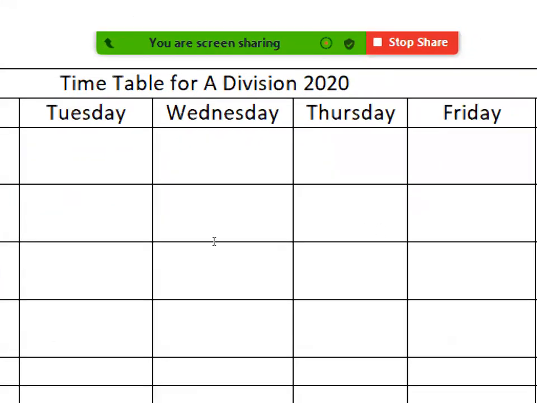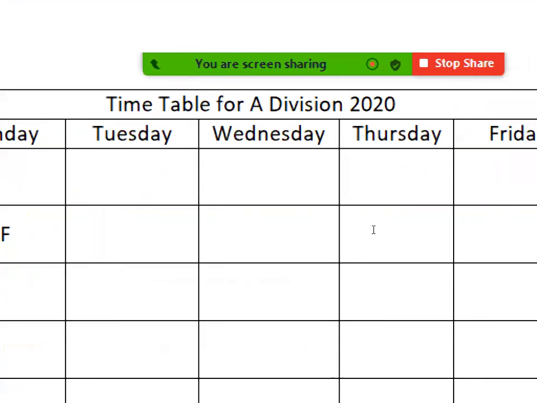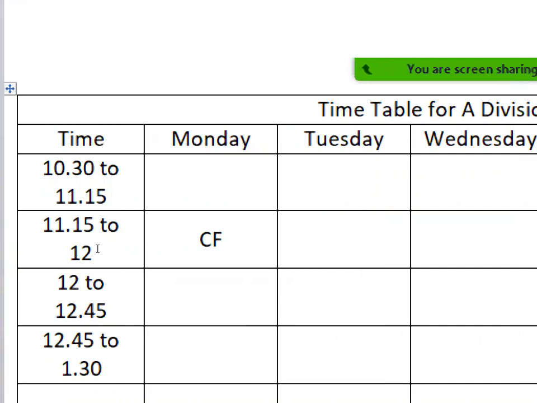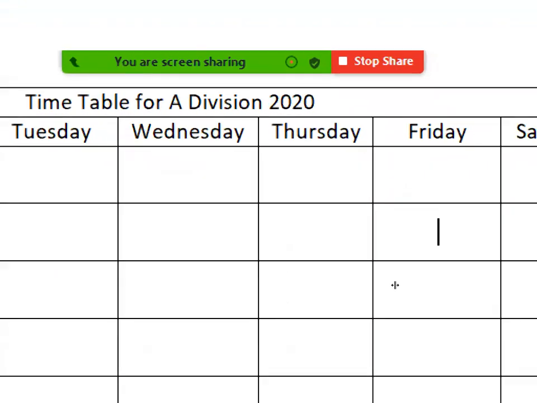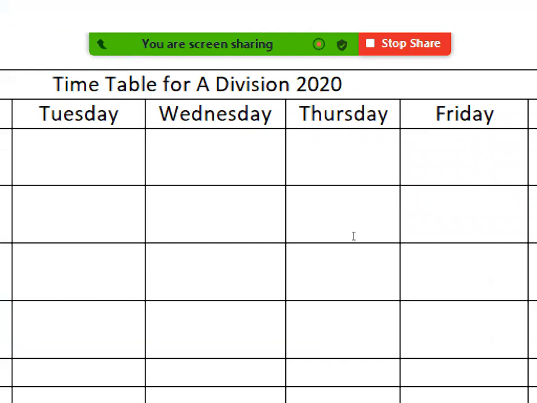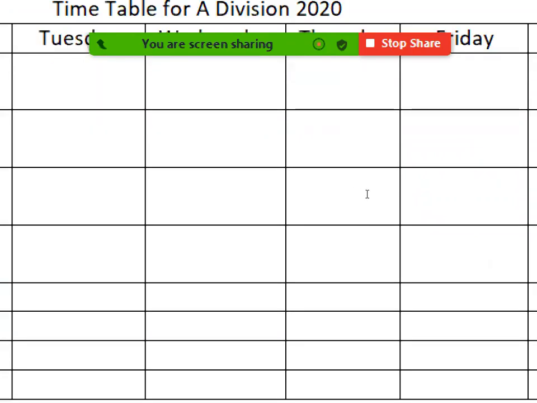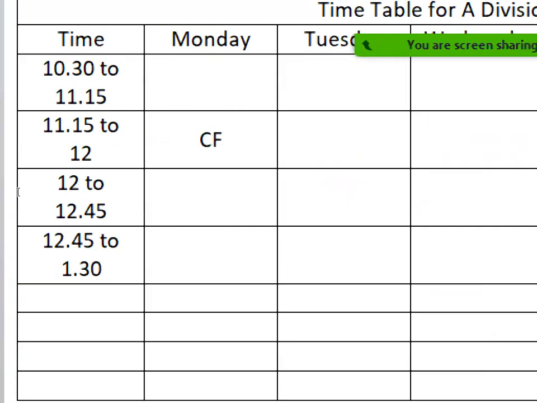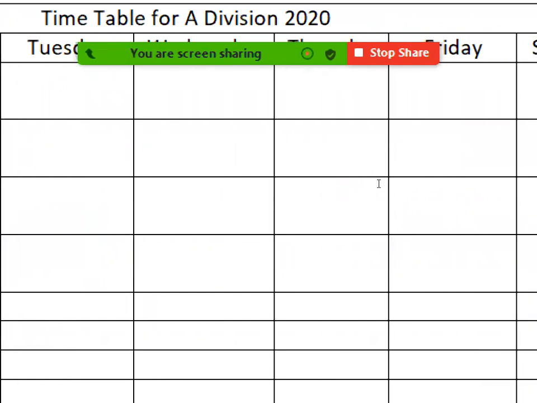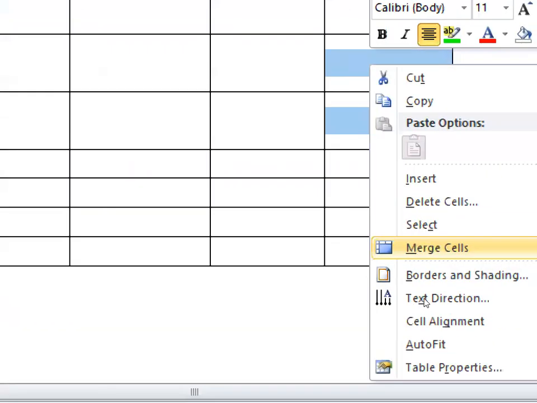Now on Thursday or Friday, from 12 to 1:30, you have the classes. Accounts and maths, two combined or continuous classes. In that I want only one field here. We have two cells, but instead I want only one cell. That can be done. You need to select both the cells, and then say merge cells. So automatically only one cell will be generated here.